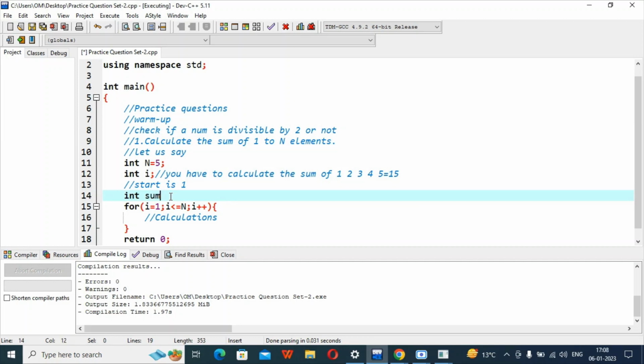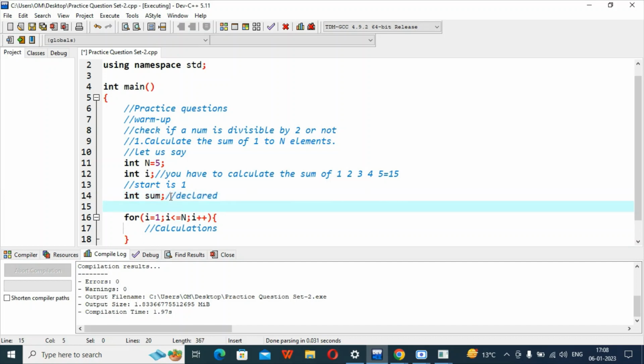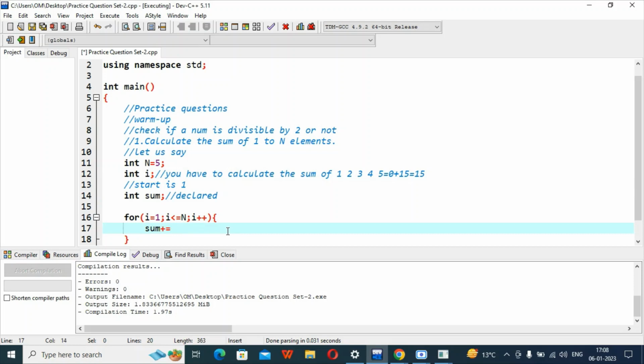With what value will you initialize it? Okay, you have declared it. Let us suppose you have declared it here. Now initialize it. With what value will you initialize? If I add 0 to 15, 0 plus 15, it will become 15 only, because 0 will not impact your sum. Every time you have to calculate a sum, you have to initialize this sum variable by 0, because otherwise if you're not initializing it and then directly using it here, like doing something like sum += i, don't worry about the syntax, I'll tell you, then what will happen,